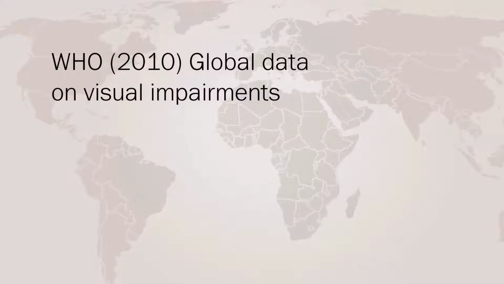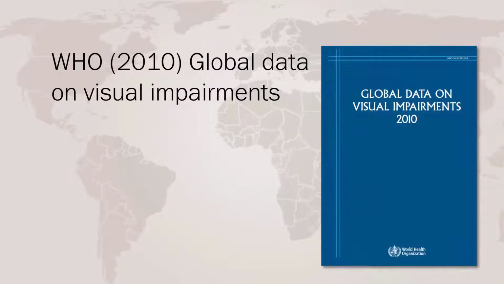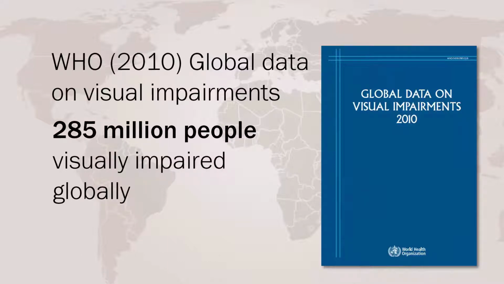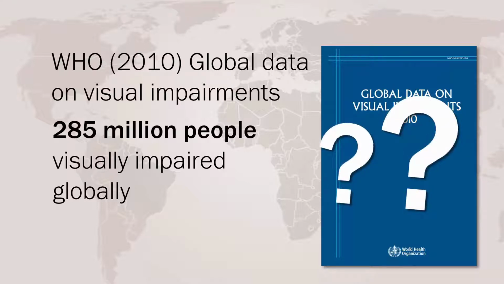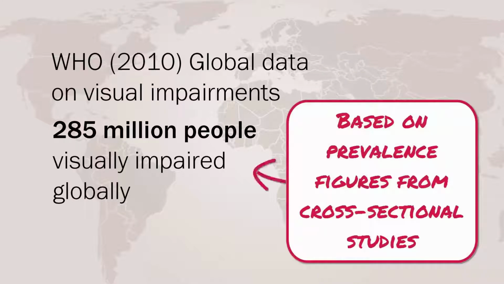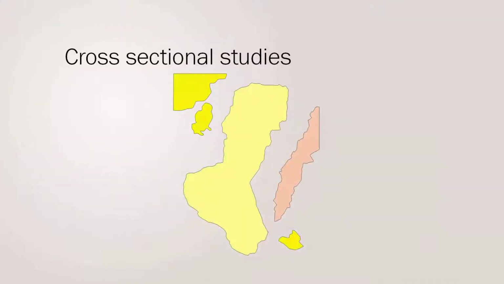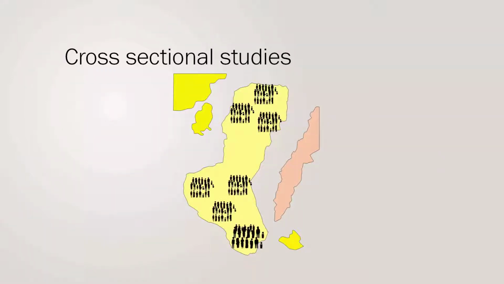In 2010, the World Health Organization published a report estimating that there were 285 million visually impaired people in the world. Where does this estimate come from? Well, it's based on prevalence figures calculated from cross-sectional studies. In cross-sectional studies, we analyse data which has been collected at one specific point in time. It's not usually possible to examine everyone, so we collect a representative sample and extrapolate the information to the rest